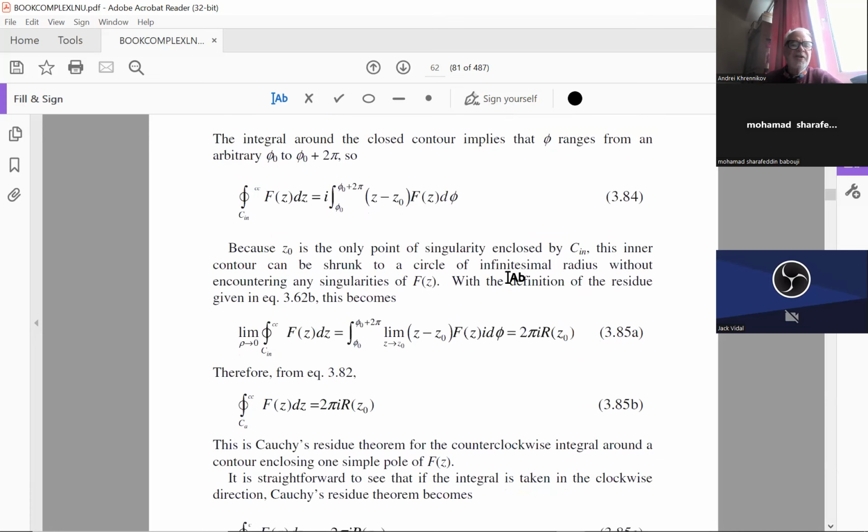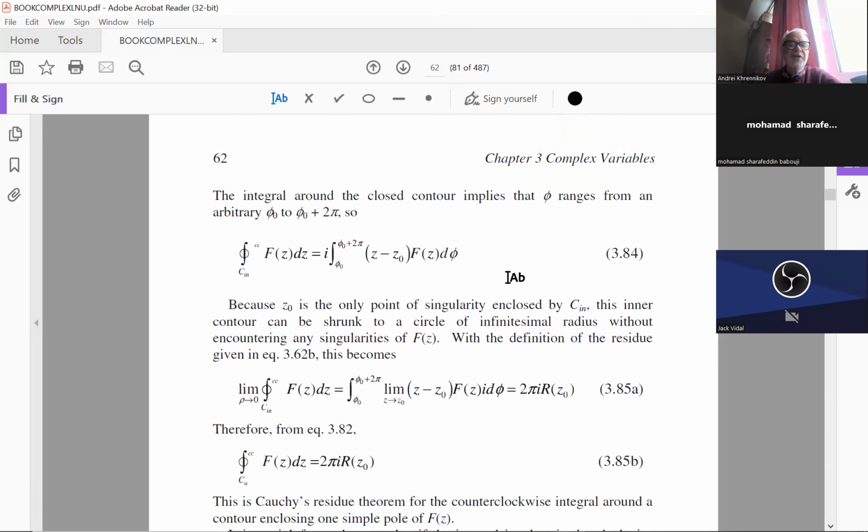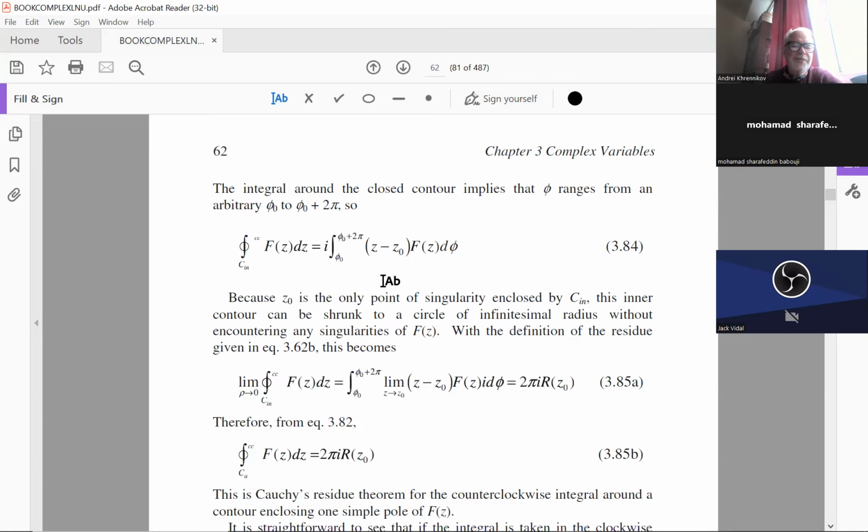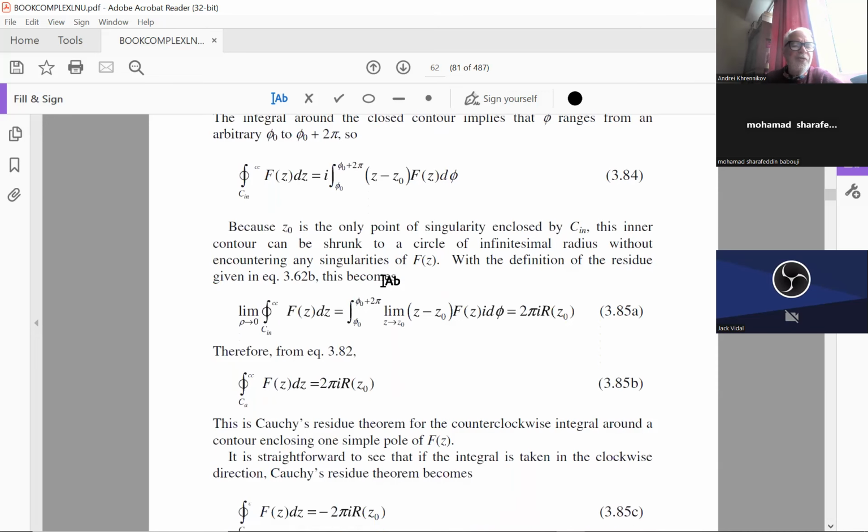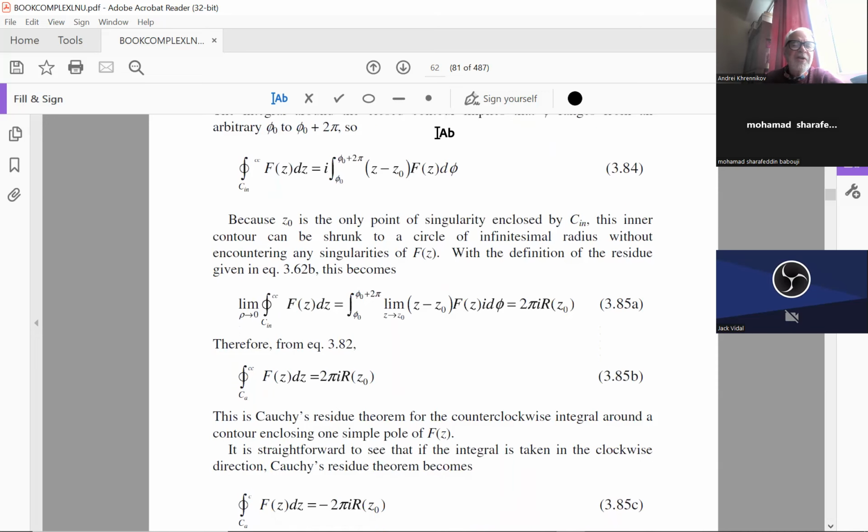So we want to calculate this integral. We put dz, dz is i d phi, there is z minus z0. We can put phi 0 just 0, we always can start our angle from 0. So now what do we do? This integral is now a usual Riemann integral, nothing from complex analysis. A usual Riemann integral for one variable, the angle phi, and it goes over the region 2 pi.